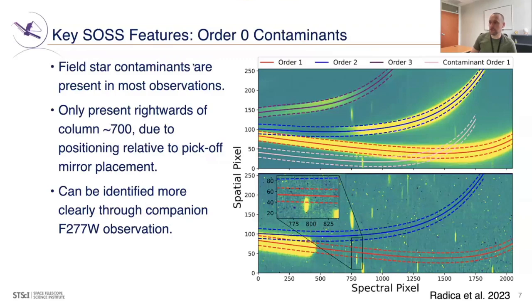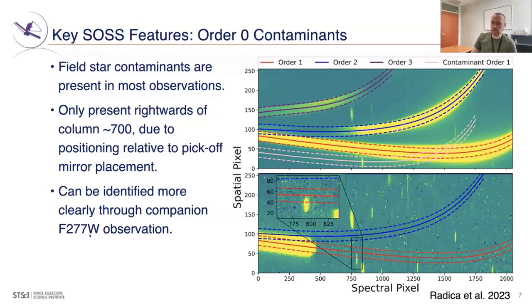And that's kind of what you see here in most observations, right, is they have some level of order 0 contaminants. So here's some example here with the order 3, 2, and 1 traces just contaminating space, and you just need to be a little bit careful, but obviously they don't contaminate this left-hand side. A nice way to pick these out if you want to is you can prep immediately following your observation